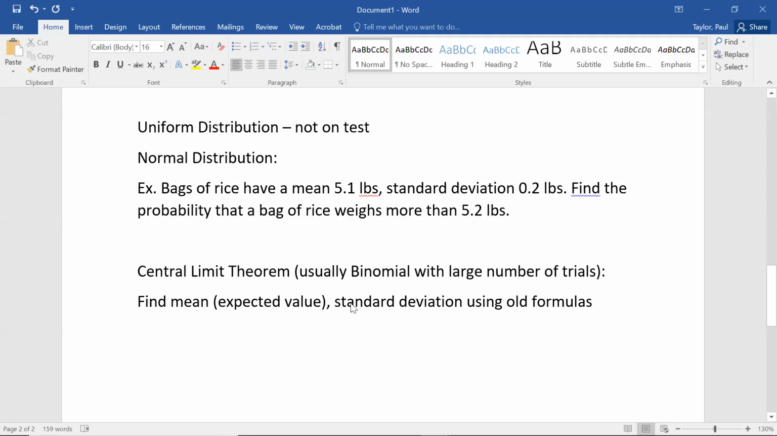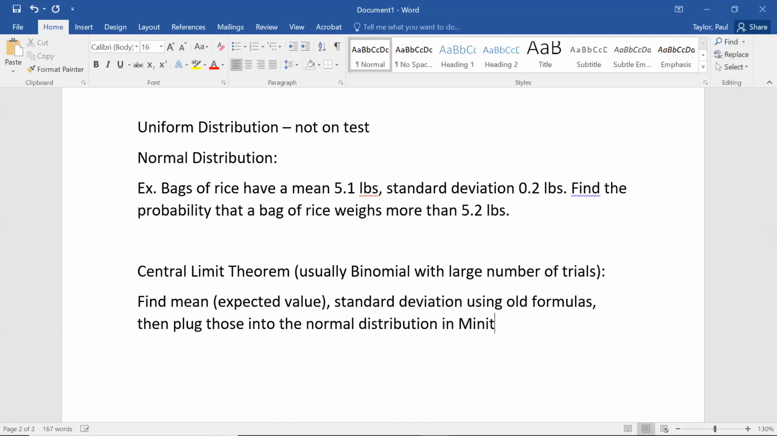And then the standard deviation, we had a formula for that for binomial also. It was N times P times 1 minus P, where P is the probability of a success on a single trial and N is the number of trials. That was the variance, and then you took the square root of that to get the standard deviation. So if it's based off of binomial, you just use those old expected value and variance and standard deviation formulas to figure out your mean and your standard deviation, and then you plug those into the normal distribution